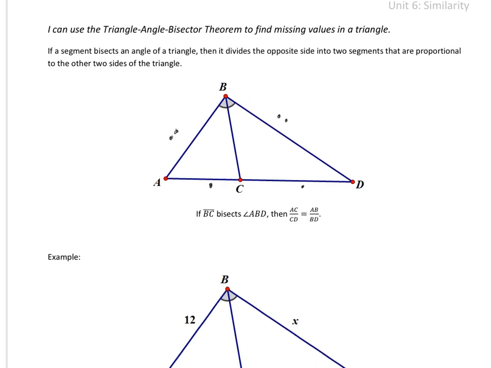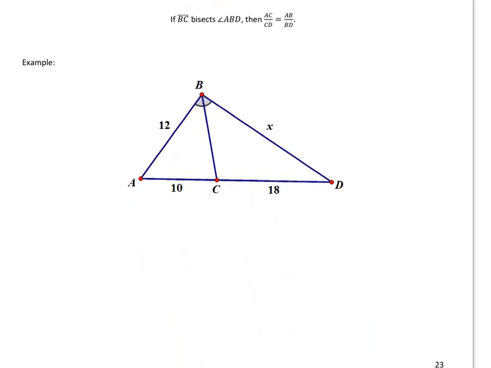So let's take a look at this problem down here. Here, as you can see, we've bisected angle ABD, which means that the split side, 10 over 18, is in proportion to the adjacent sides, 12 over x. I'm going to make my life easier before I start this by taking out a common factor on my left-hand side of my equation, so I get 5 over 9 equals 12 over x. So I end up getting, by cross-multiplying, 5x equals